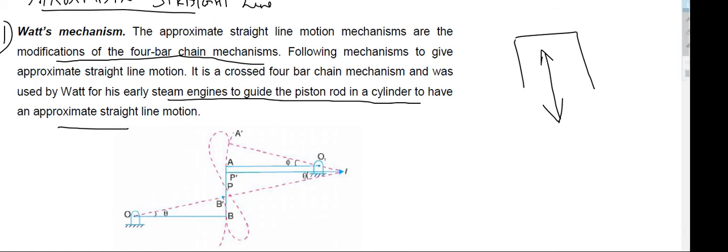So we will see how that mechanism works. We need not go for any mathematics, just understand this simple geometry, try to remember it, try to draw it, and I will show you how that indication works actually. This is modified Scott Russell grasshopper.